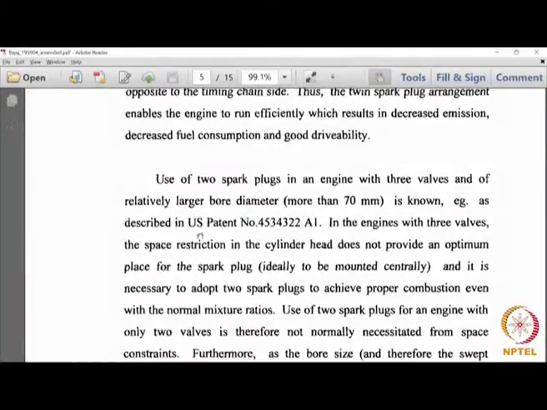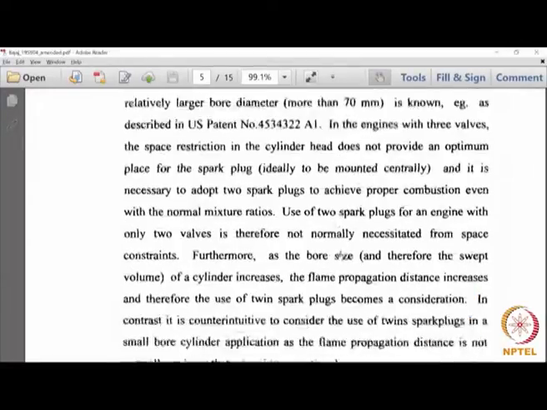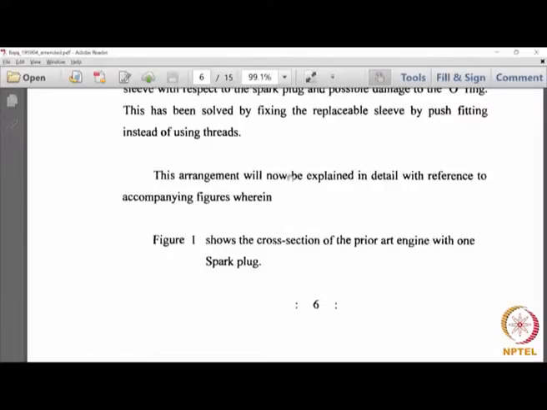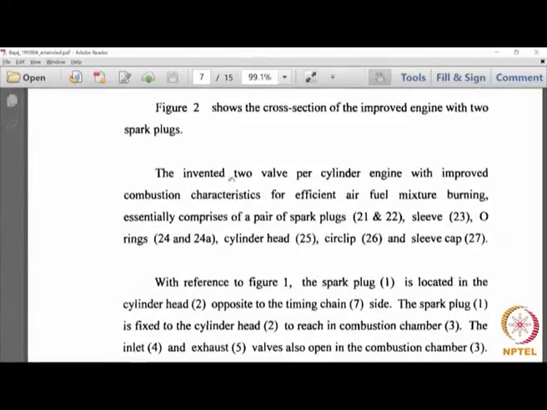There is a cross reference to a US patent, 4534322, and you have figures here. What we saw earlier, the brief description of the drawings, figure 1 shows, figure 2 shows, and there is a detailed description of the drawings. What you find in brackets are the parts; we do not have the drawing here, the drawing is in a separate document. The spark plugs are numbered 21 and 22, the sleeve is numbered 23, and similarly for the others. So now you will get a picture. What you saw in the US application had particular subheadings; the Indian application does not have those subheadings, but nevertheless it still follows the same scheme.